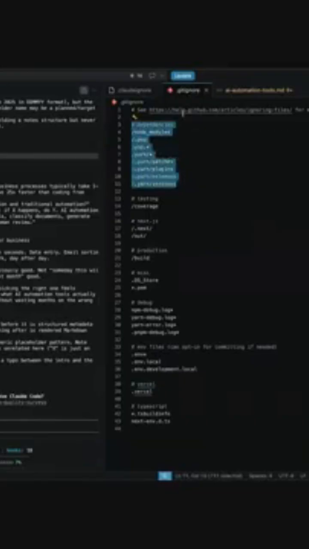And so I actually might just take this and copy this entire thing and bring it into Claude ignore. This, yeah, so the node modules is something that would happen if you have a fully scaffolded